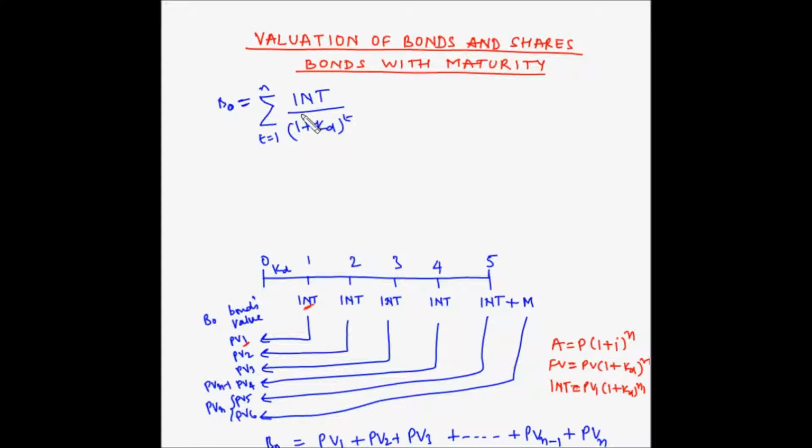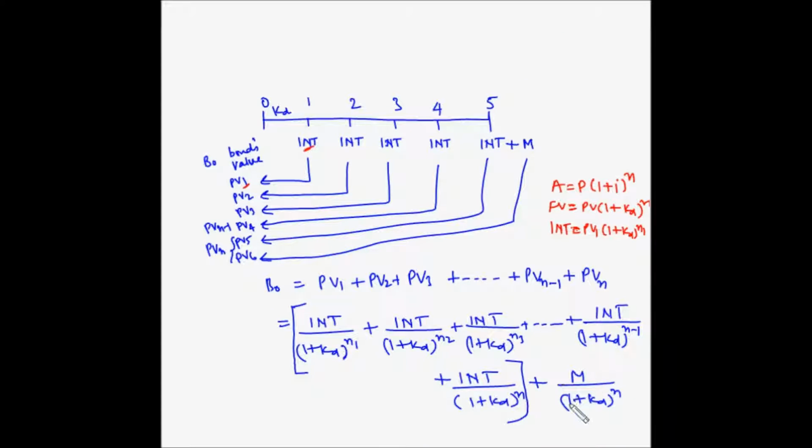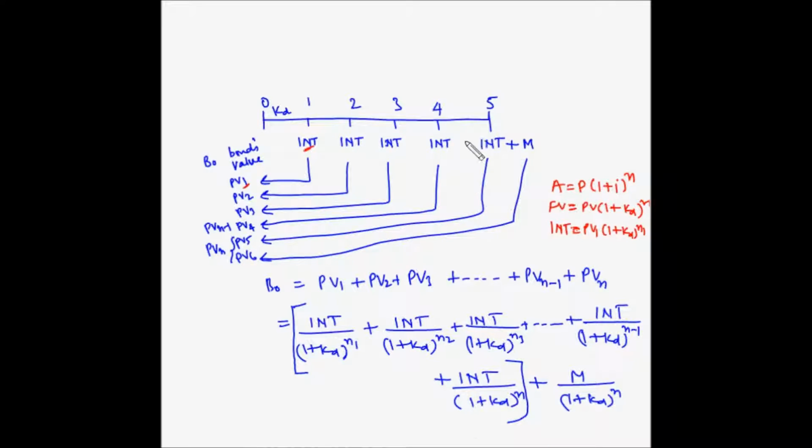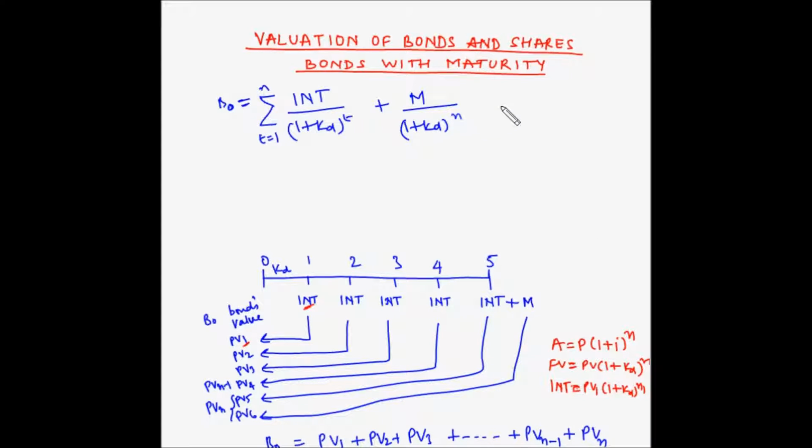So it can be written as this, plus now this portion which can be written as it is. So M divided by 1 plus KD to the power N. So this is the formula to find out the present value of a bond,